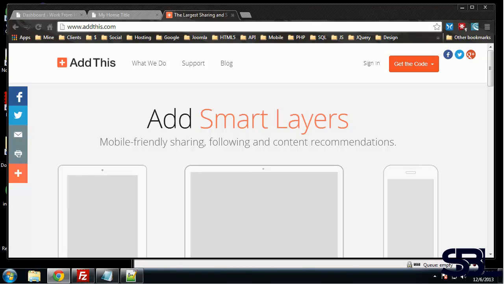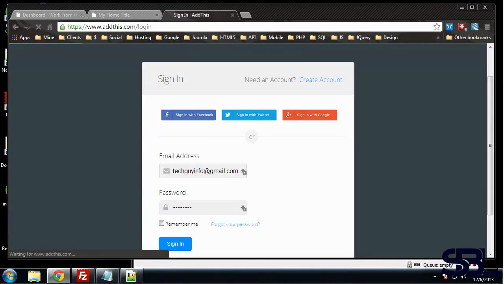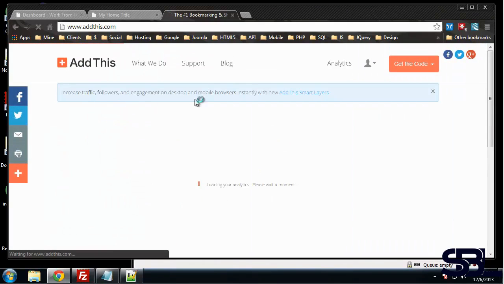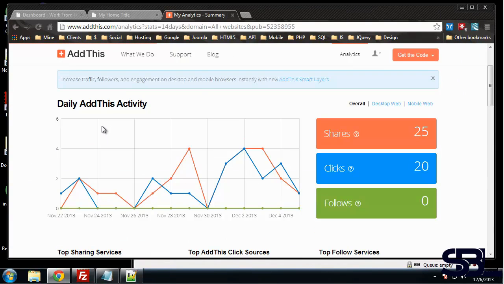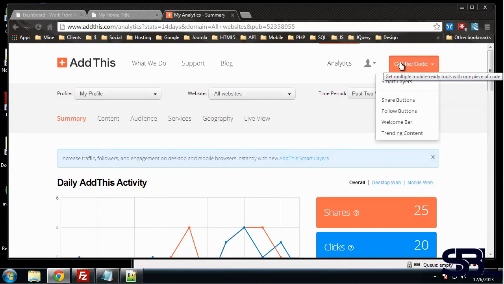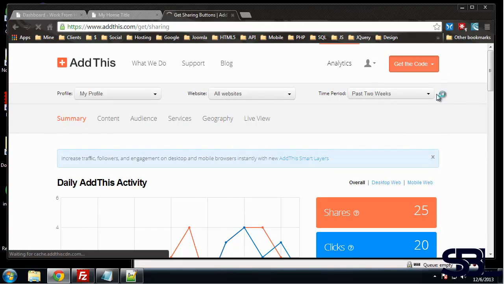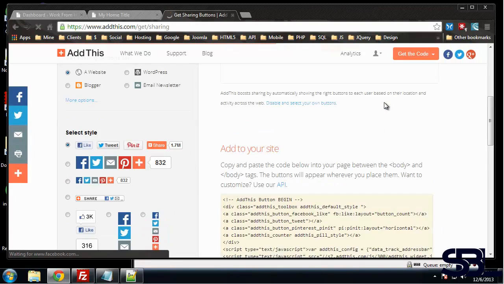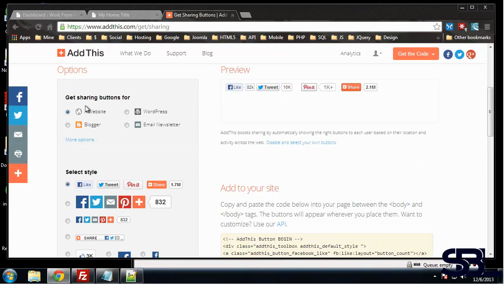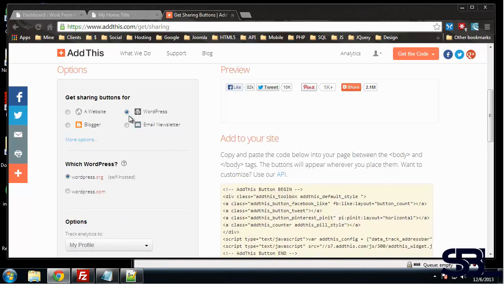They have Joomla components, they have standard just HTML you can insert in a static site, and it works really well. So if we just go to, I'm actually going to sign in. You don't need an account, but it's good to create one because then you can see all your statistics and things like that. So if we go up to get the code and share buttons, you can see there's an option over here to get sharing buttons for a website, Blogger, WordPress, email, newsletter. We're going to click on WordPress,